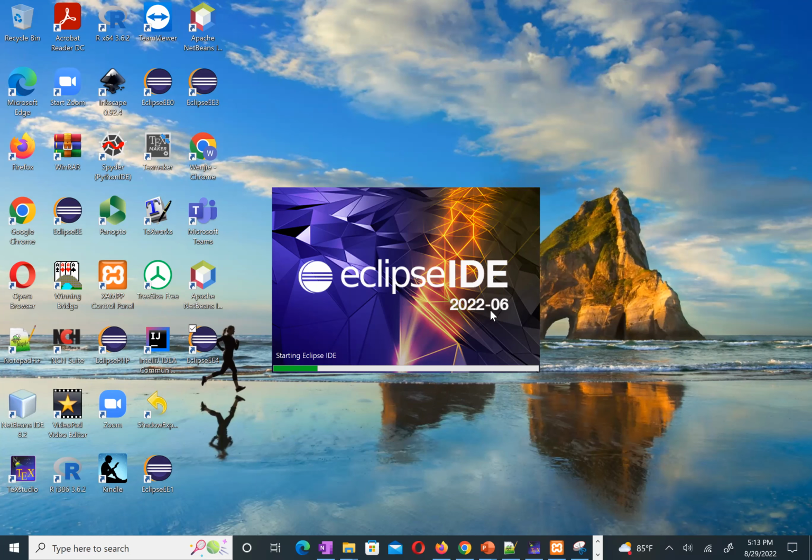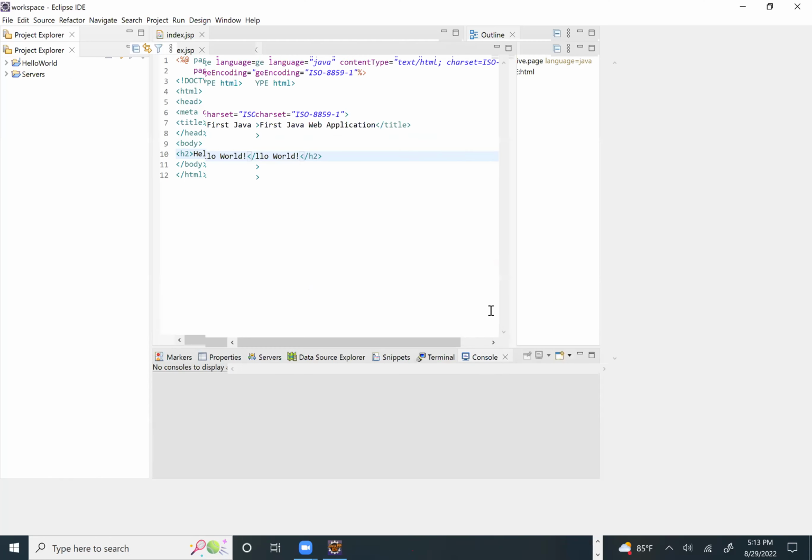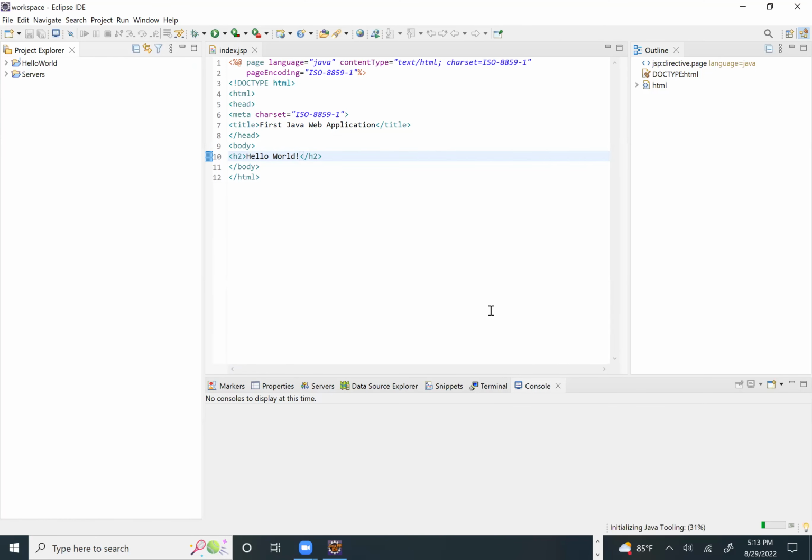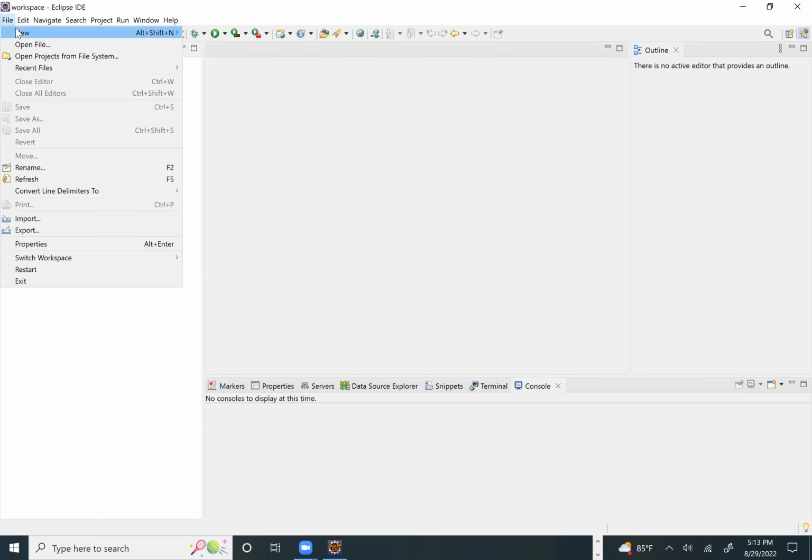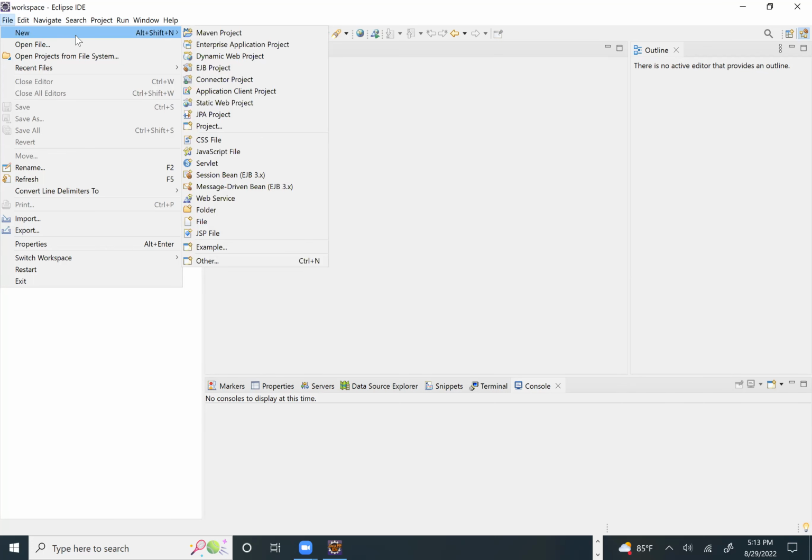So that's my previous example. Now I show you a new example. This is my previous example. Let me just close it and do the last part: File, New,